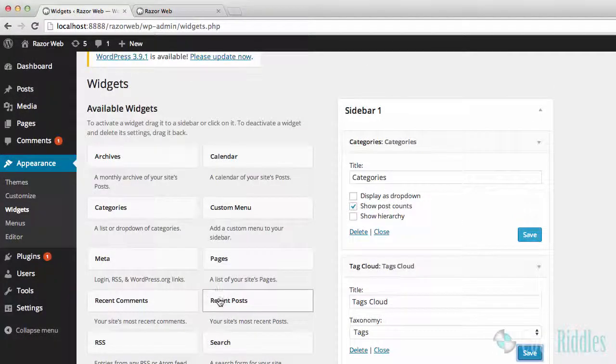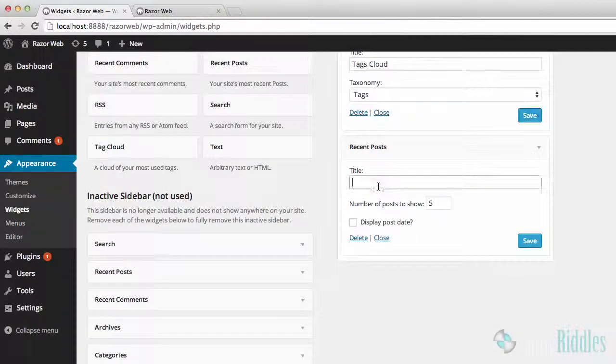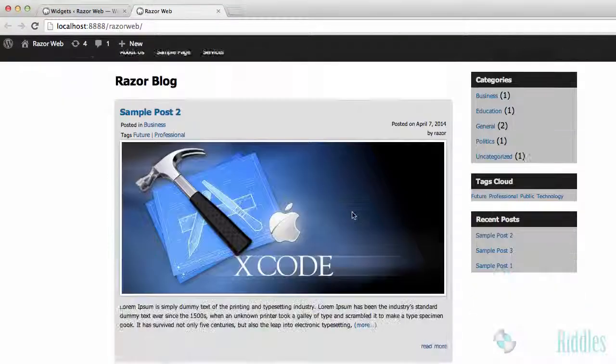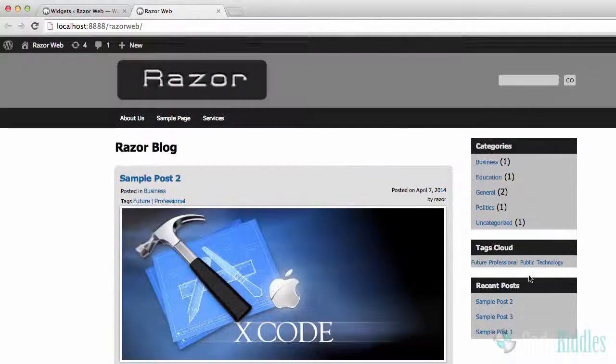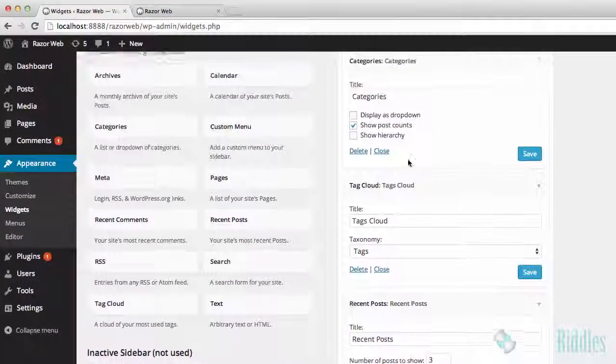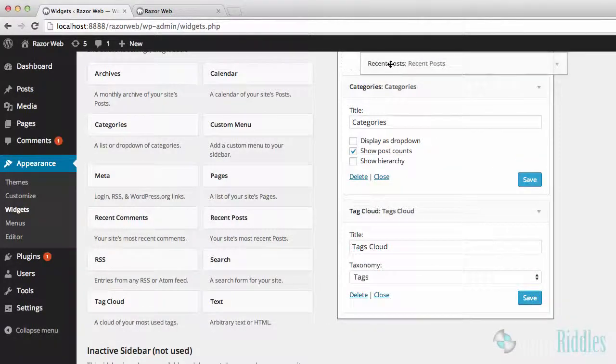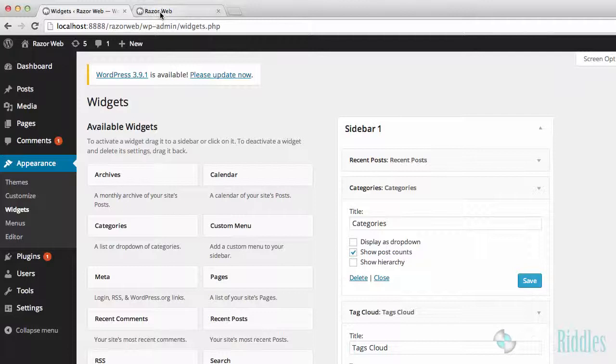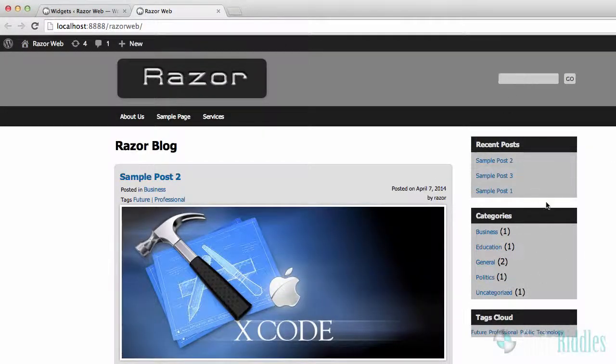So just add one more, recent posts, say 3, save, and sure enough we have our recent posts widget. So as you can see it's already dynamic. We created a theme and added support for our sidebar to display dynamic widgets. Also, as you know about WordPress, we can change the order of the widgets, like if I want to display recent posts on top of the sidebar, we can do that, and sure enough we have our recent posts on top of the sidebar. Okay,